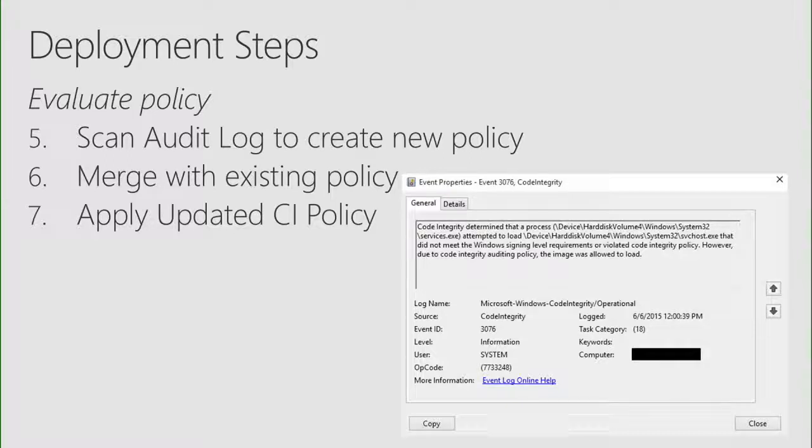So now you're running in audit mode. And running in audit mode means that a lot of events are being created while you're running Windows and doing stuff, because the first initial scan will not catch everything. And when you've done that long enough, you can actually scan the event log to create a new XML file. And then merge that XML file with the XML file that you used the first time to extend it with all the findings, so that you have the good CI policy that you can run and you might enforce